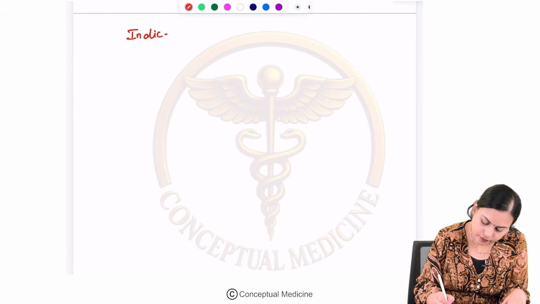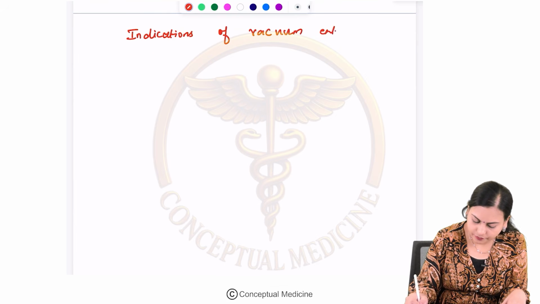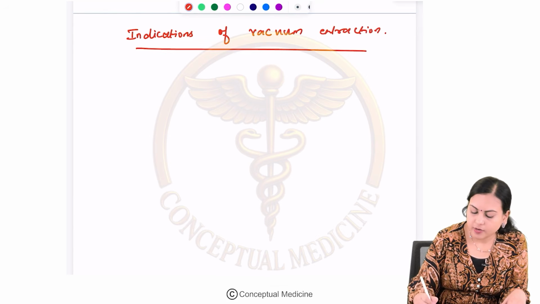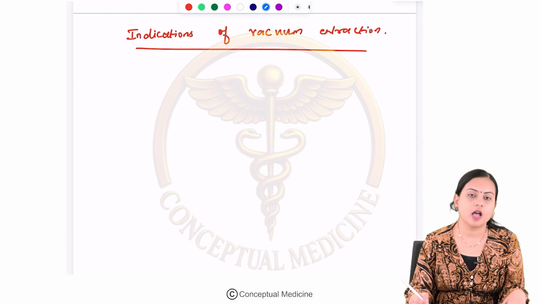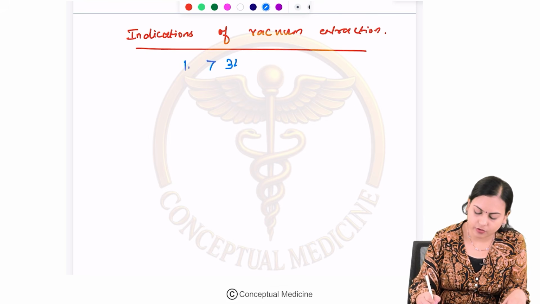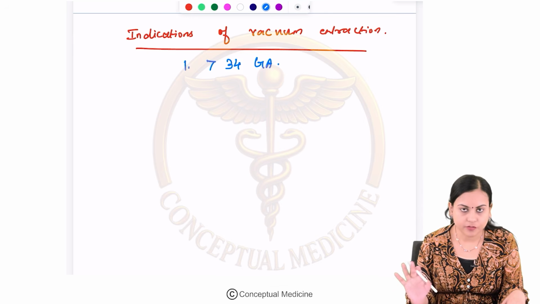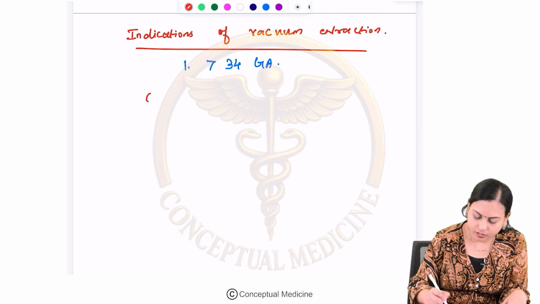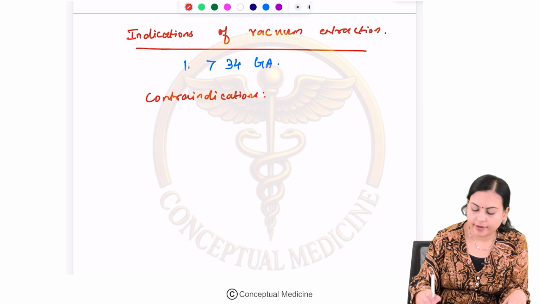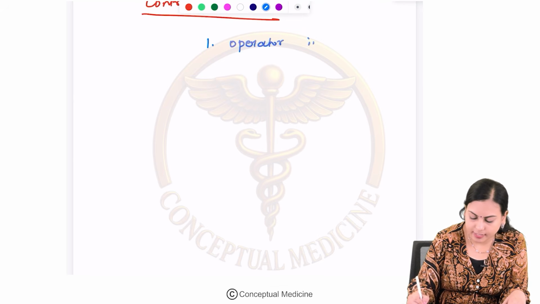So, indications of vacuum extraction. Usually, vacuum extraction is not preferred in preterm babies, especially less than 34 weeks. Okay, so it is generally reserved for babies who are more than 34 weeks of gestational age. Okay, otherwise the requisites and what are the indications are similar as that for the forceps delivery, right? We have some contraindications for applying vacuum. Contraindications include when there is operator inexperience